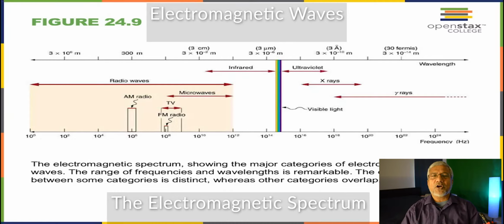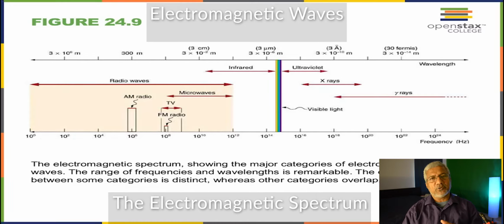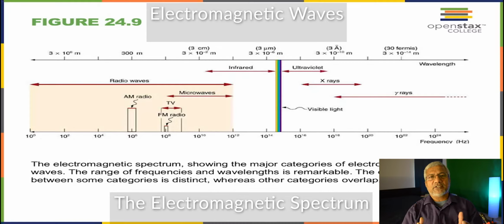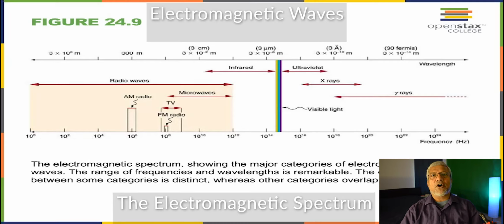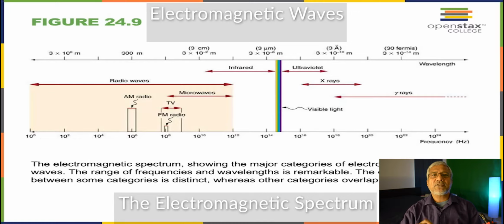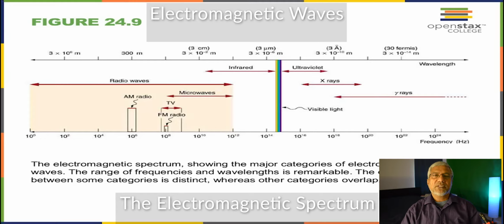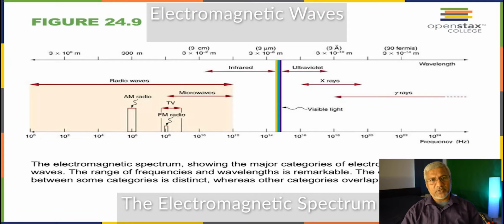There should be some common property between them. Yes, all of these are neutral. That means you cannot sway or deflect electromagnetic waves using an electric or magnetic field. That's funny, isn't it? It'll go straight through. Second thing, and very important, is all of these rays have the same speed, which is 3 times 10 to the power 8 meter per second, which is about 300,000 kilometers per second